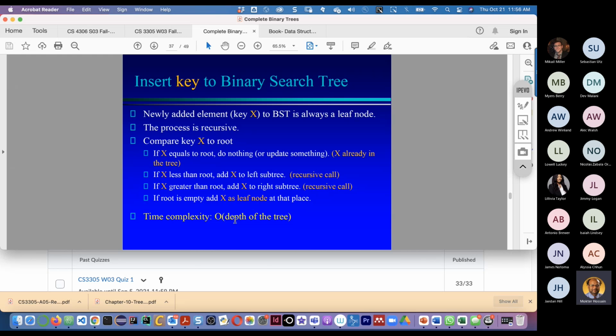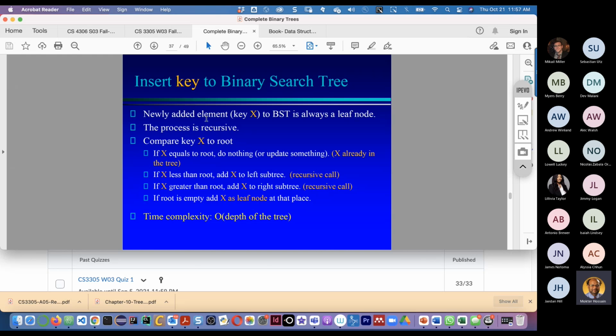Two operations for a binary search tree are insertion and deletion, right? Insertion means adding an element in a binary search tree, and deletion means removing an existing element from a tree. Okay, so the formula is straightforward.